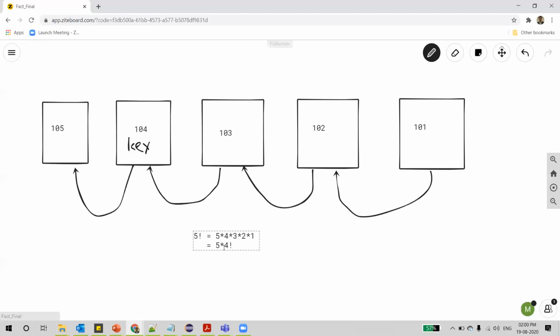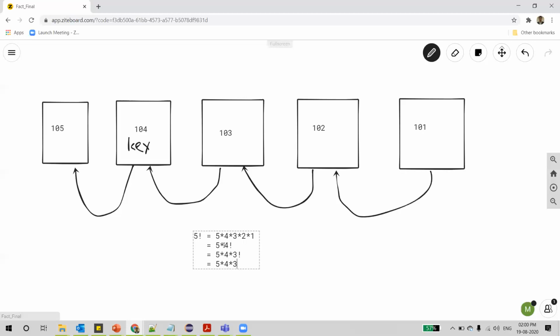So if we can find the 4 factorial, we can just multiply 5 with it so that we'll get the 5 factorial. And again, how to get the 4 factorial? It is 4 multiplied by 3 factorial. If we know 3 factorial, we can just multiply 4 with it to get the 4 factorial. Again, how to get the 3 factorial?